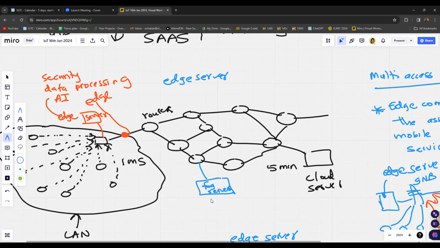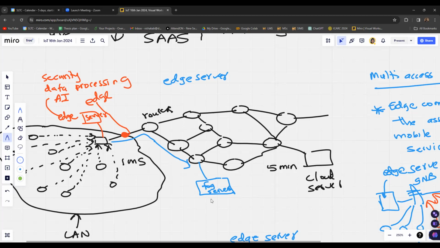In situations where the resources of the edge computer are considerably lower and it needs more computation to be done, then that data will be forwarded through the network towards the cloud server. And in cases where the intermediate fog server can handle that data, the fog server will do the computation that should be done by the cloud server. Instead of sending the data all the way from the edge network up to the cloud server, the data will be stored at the fog server where the data will be processed.